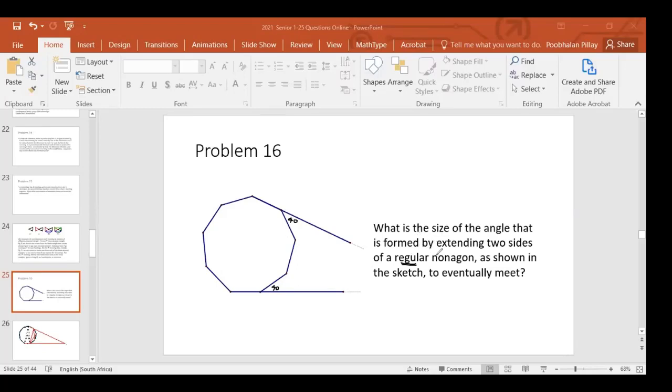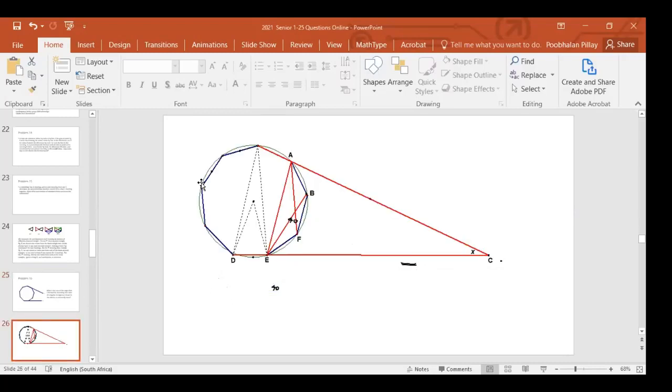All right, now let's see, what's the question here now, as shown. What is the size of the angle that is formed? When you extend these, they meet. They meet somewhere far away. And let me just get into that diagram. And I have done this thing. I got a rather complicated looking picture here. But so far, what we have said is that this exterior angle here is 40. And this exterior angle is also 40. And this is the question. What is x?